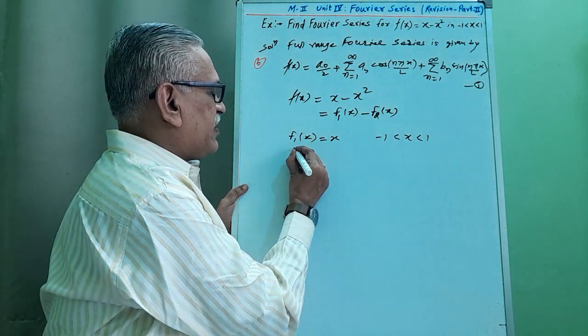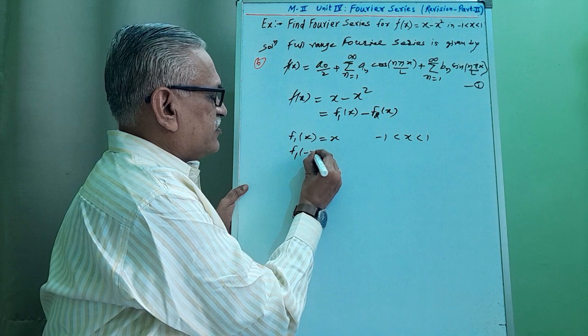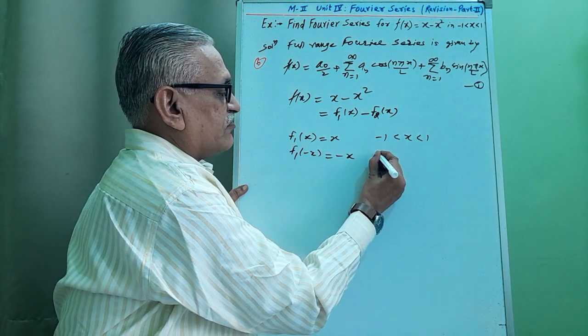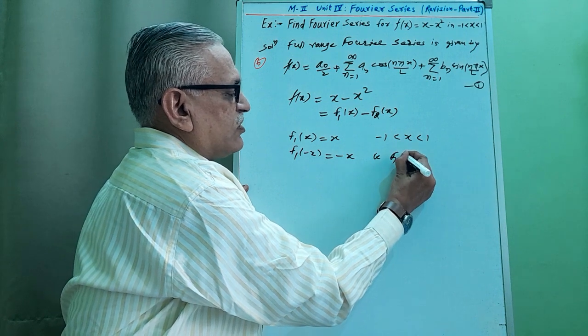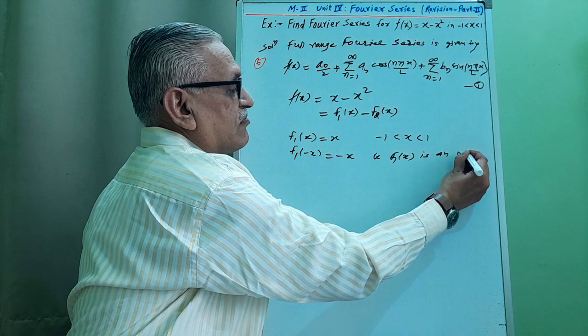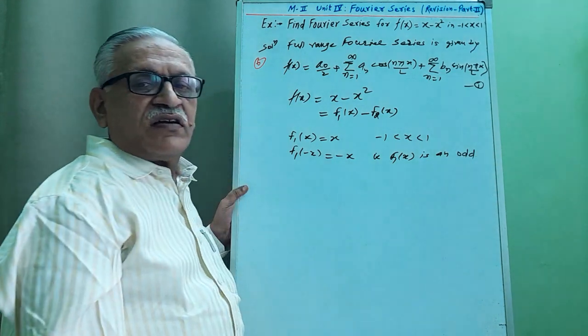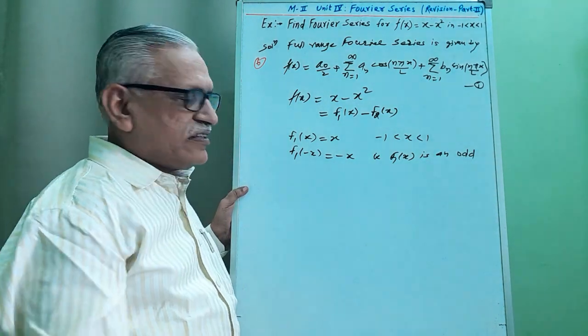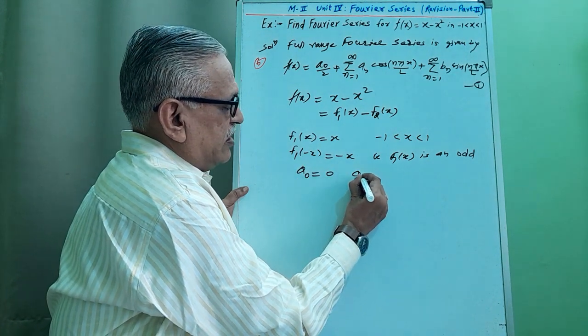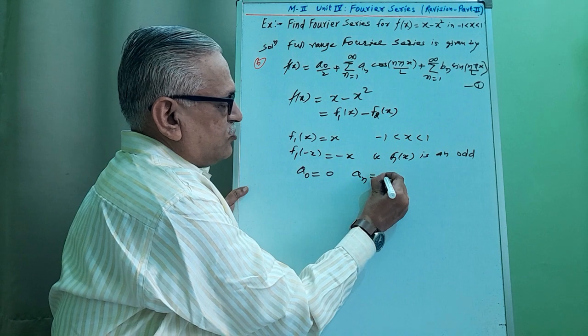Therefore, replacing x by minus x, we get f1 of minus x as minus x, and that is minus f1 of x, so it is an odd function. As it is an odd function, value of a0 is 0, an is also 0,